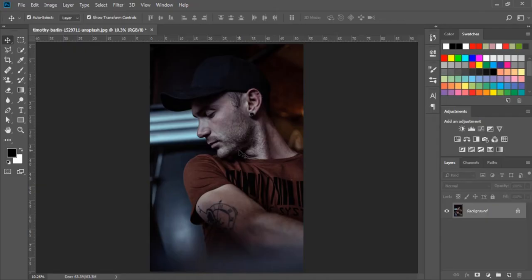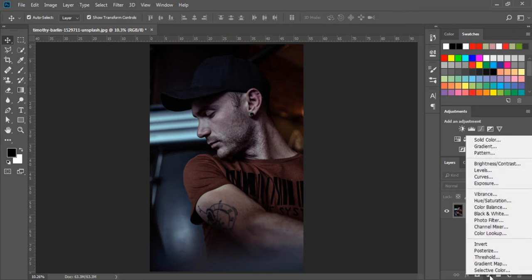In this exercise, we will learn the vibrance option. It is a very simple and useful option to adjust skin tone, and we can adjust the saturation and tone very quickly. Okay, let's see how this option will work. Let's click on the adjustment layer, and here we can choose vibrance. This is the vibrance option.